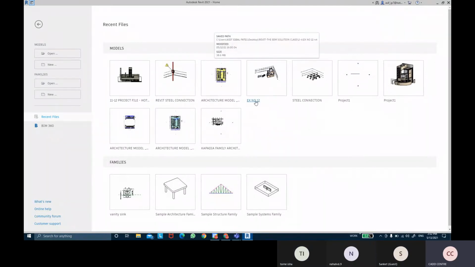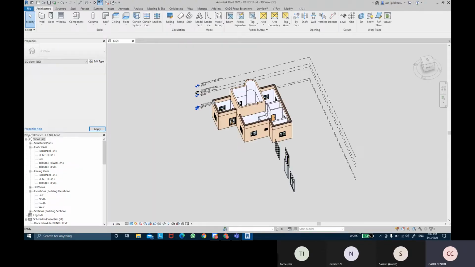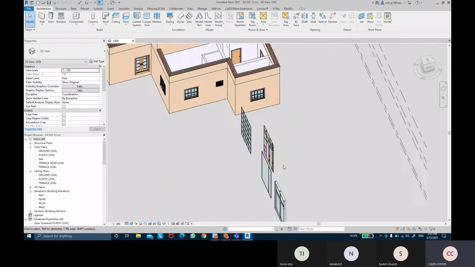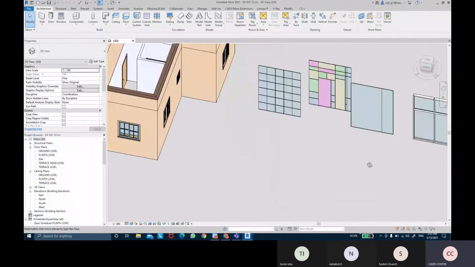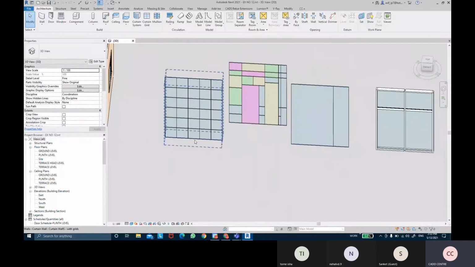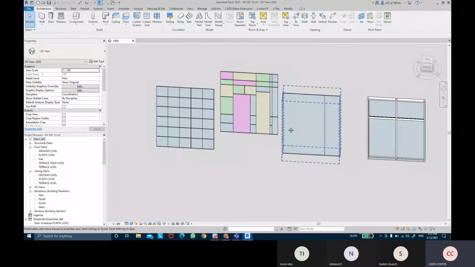So we'll continue with yesterday's class. We had completed the curtain wall grids, and we were supposed to start with mullions. How do we add mullions into the curtain panels? Yesterday we did how to add a fixed number of grids, or at a fixed distance, or maximum spacing or minimum spacing, or by adding manual gridlines.